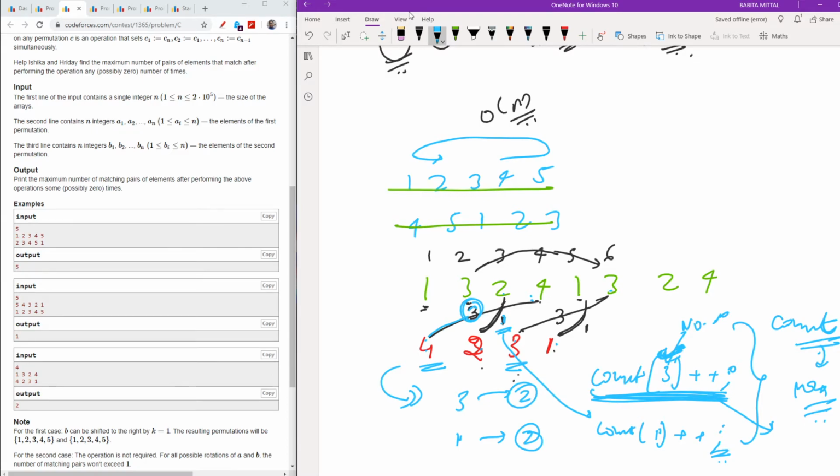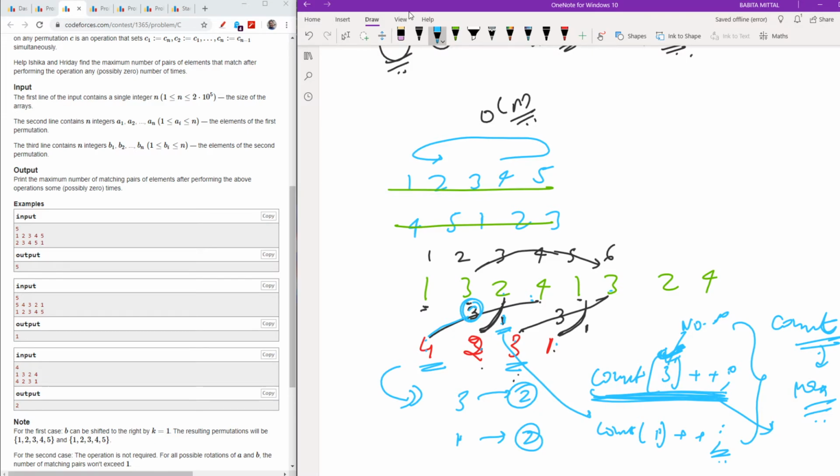Now after that, when I have these arrays made, I will do the difference part. I will subtract this value from this, and I will get this value. Then I will make an array of count, and suppose I initialize it with 0, but you can have a map also.